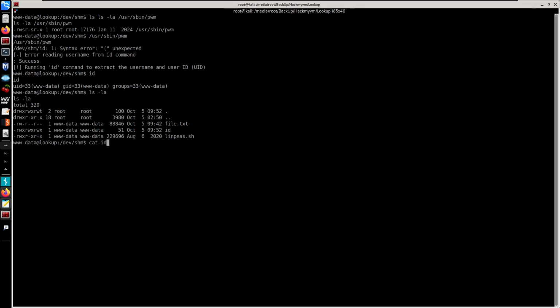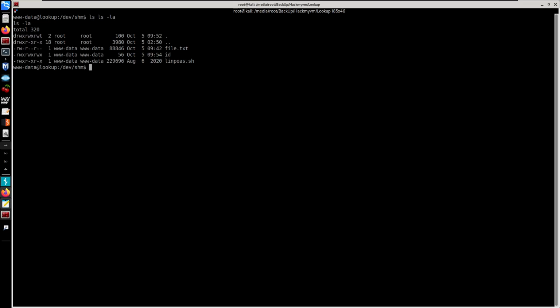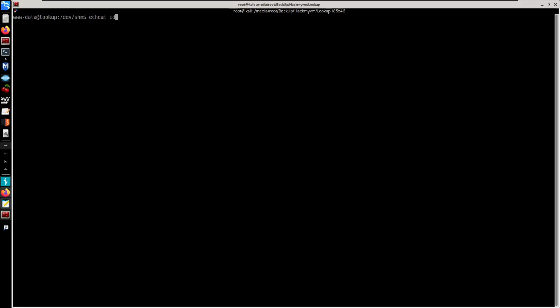So I'm gonna cat this id. We'll echo for think. So we gotta do double echo, so we can just echo this on the screen. And we'll do this for /dev/shm for id. It's gonna overwrite that file, cat the id command. And now it is under think. So I just set this to chmod 777 and also set this to executable for the id command. So if we run that one more time,